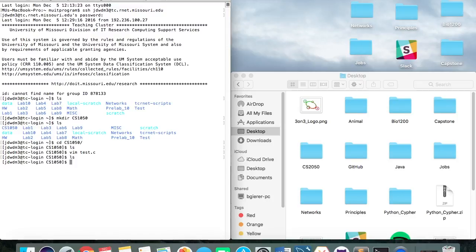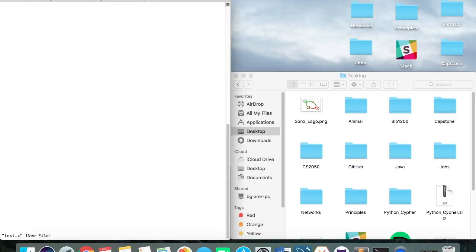Another cool thing that we can utilize here on the command line is to go back to previous commands. I can use the up arrow. So notice how two commands ago it was vim test.c, but I can also hit the down arrow to go back one as well. So we're going to open this again, and instead of immediately quitting out of this file,